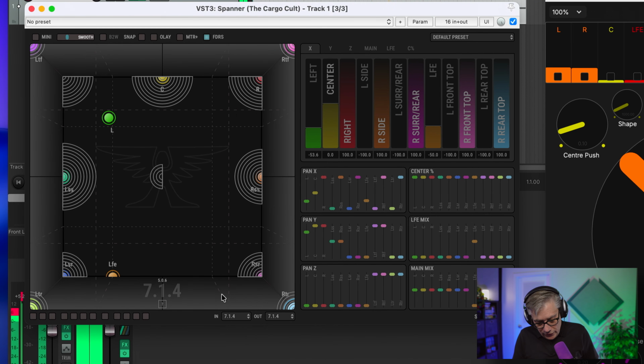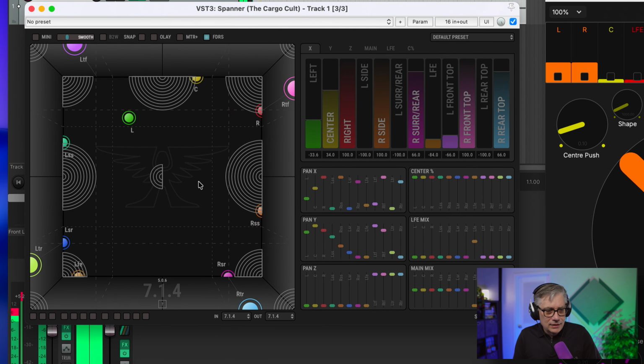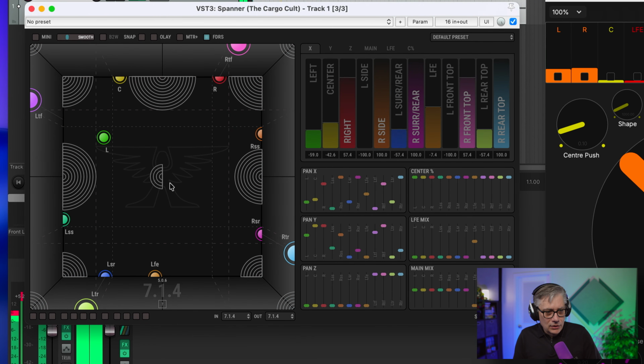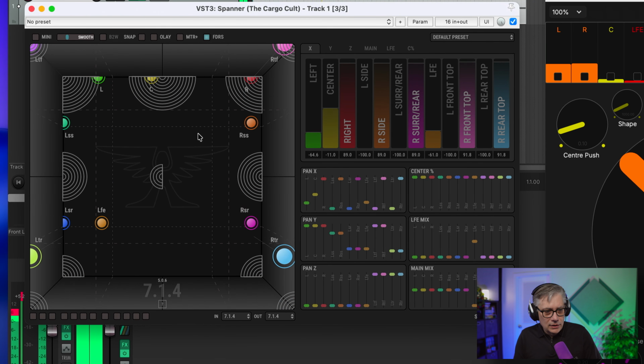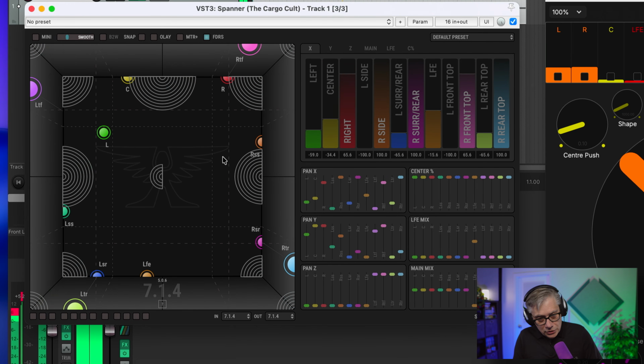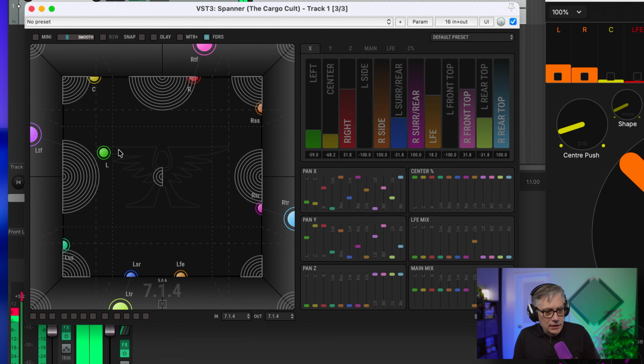Now, in addition to that, you also have the option to move things around, and for that you need to use certain key combinations. So I'm using the Alt, Option and Shift key, if I'm not completely mistaken here. I have a Windows keyboard, so I'm not quite sure. But if I click on that and I move the mouse, I can rotate, or if I let go of the Option key, I can move that left, right, up, down, and it gives me a lot of options. So this is actually really nice. If I click on that and with the right click, essentially it goes up and down.